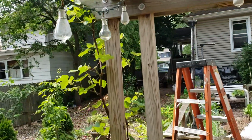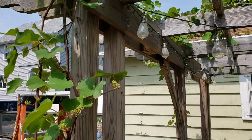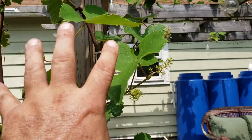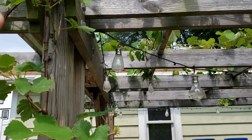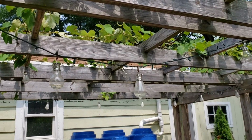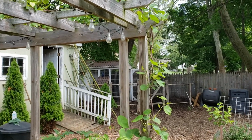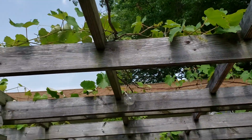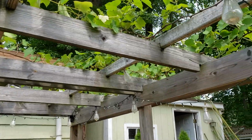Last year, the only grapes that grew were on this central post here. Well, not central, central for this Niagara vine. And they just grew right along here, because this was the old wood, the old vine. So last year it was just sending out a lot of growth that I ended up covering the pergola with. And the same thing on the Reliance grapes over there. It was only on the vertical portion that grapes actually grew. So now that we've got year-old wood up on top here, that's why we've got all these grape clusters now growing. And then every year thereafter, we'll just have more and more grapes